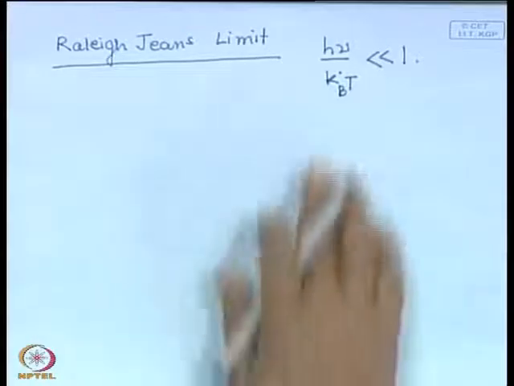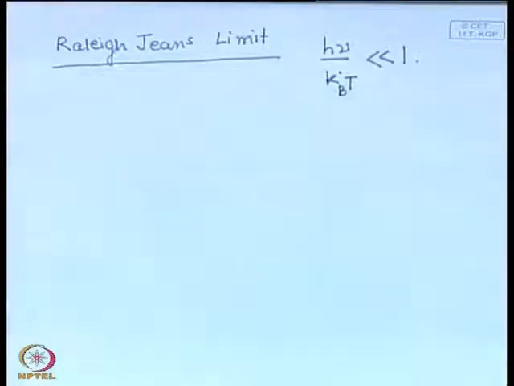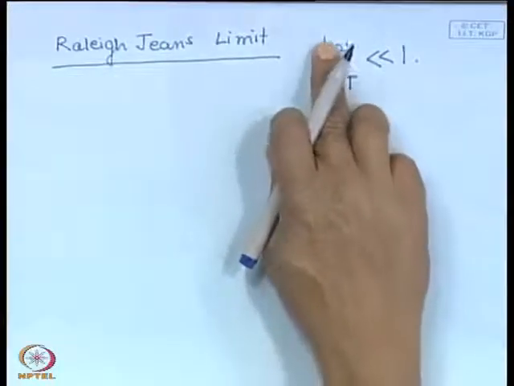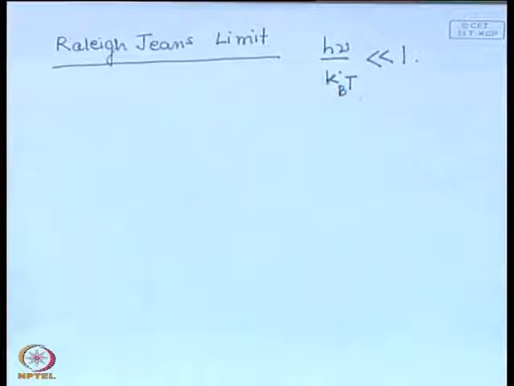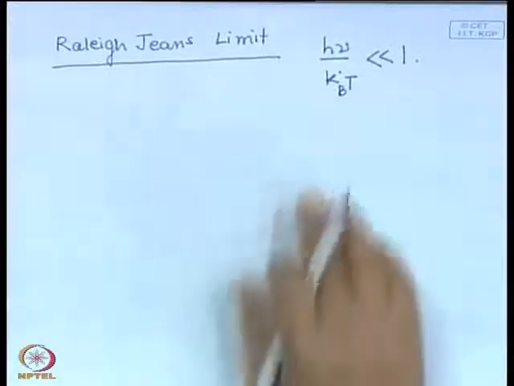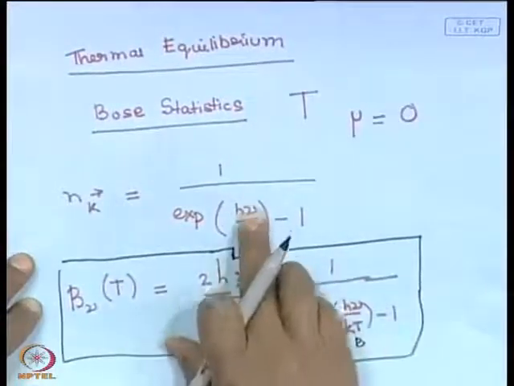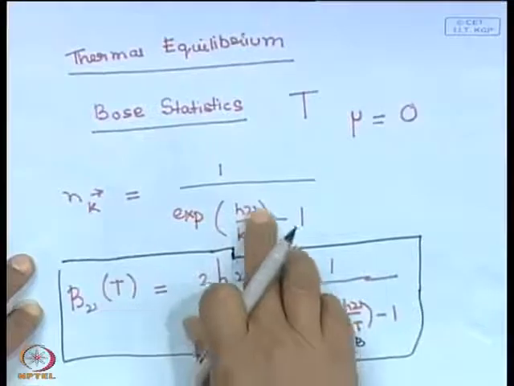So, the temperature of your system defines a frequency, and that frequency is basically kB T by the Planck constant. The frequency that you are looking at is much smaller than that. Let us see what happens. So, if h nu by kT is much smaller than 1,